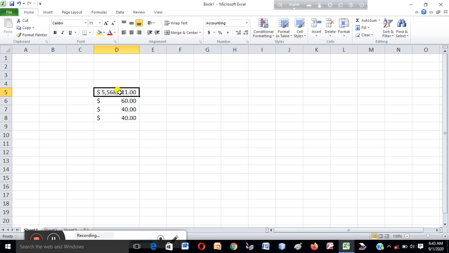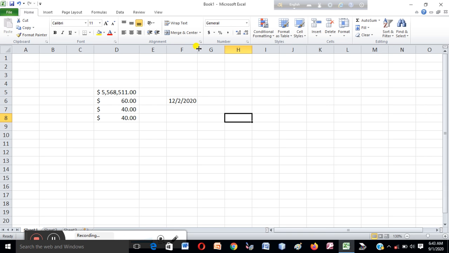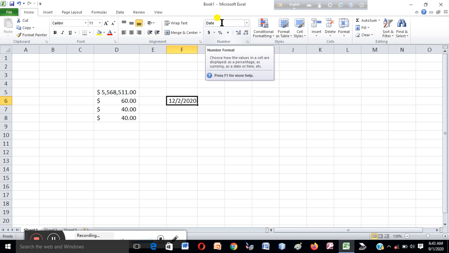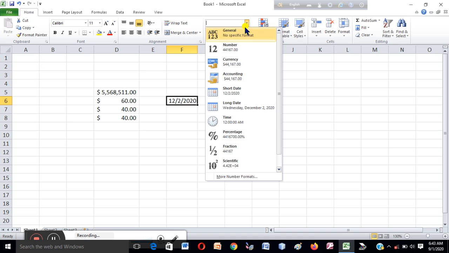And next point, that is Date. It provides various date formats. Suppose here I'll write some date, 12/02/2020. Okay, look, this is a format, and look, there is a change, that is Date, and you can format it.